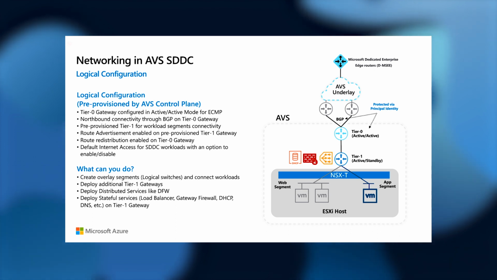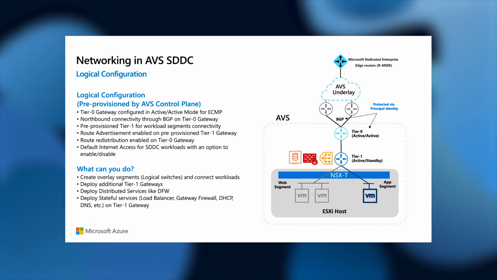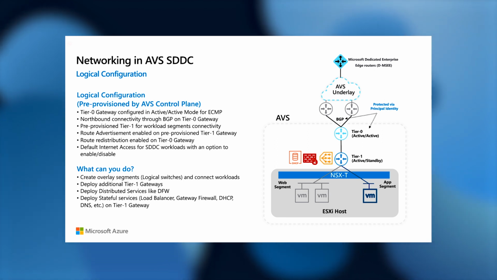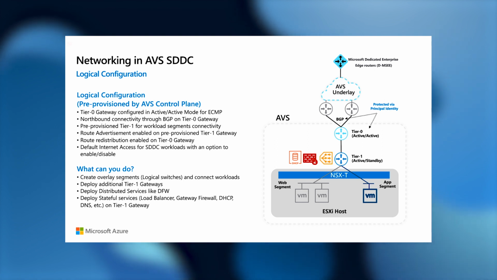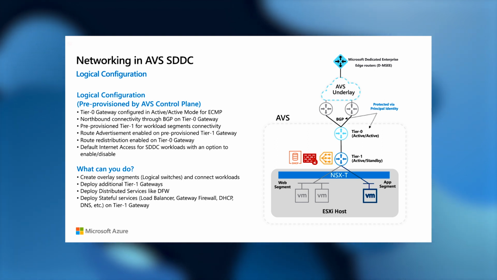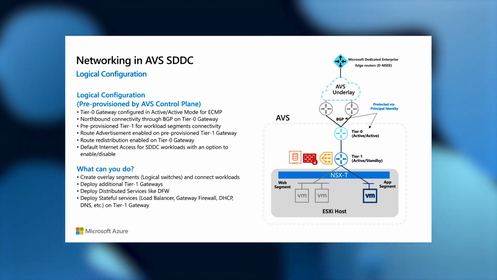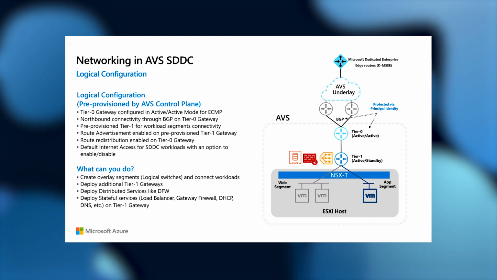We also pre-provision a tier 1 gateway. If you're not familiar with this multi-tiered routing of NSX, it's simply this: the tier 0 gateway is your north-south gateway for your workloads. Tier 1, think of this as your inter-tenant or inter-department logical gateway. So if you have multiple departments like HR, finance, marketing, you can have multiple tier 1 gateways, and you could define multiple policies depending upon that group. So we pre-provision a tier 1 for you as well, where you can use multiple services. We enable route redistribution and route advertisement.